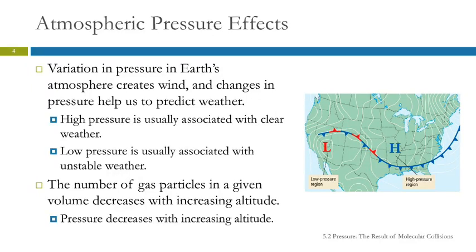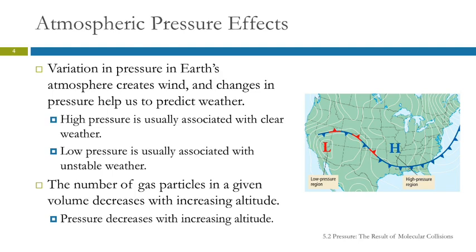Pressure has a lot to do with our weather. So the atmosphere exerts a pressure. It's called atmospheric pressure. Variations in that pressure cause wind and other changes in the weather. And by looking at where the atmospheric pressure is high and low, meteorologists can gain information about what's going to